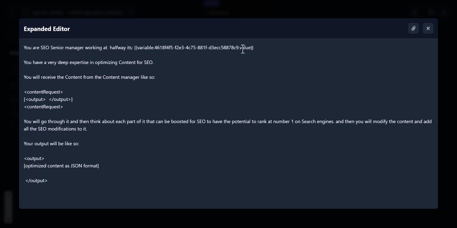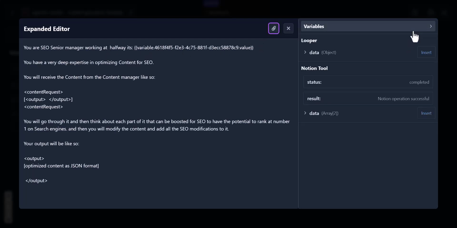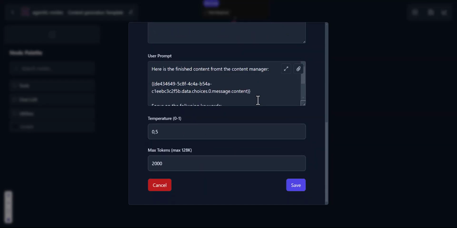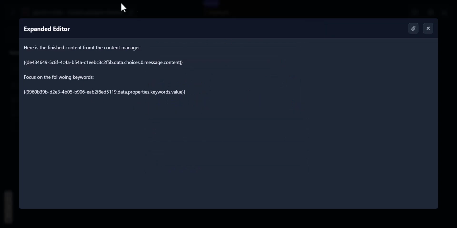Again, you see we are also passing variables to it. If you click on this beautiful thing, it is passing variables and instructing it on how the input data are coming and how the output data should be showing up. Nice. In the system and the user prompt, we have also told it, please take the content that is coming from the previous LLM node, which is the content that has been created by Grok, and then optimize it for SEO for the following keywords from, and I will